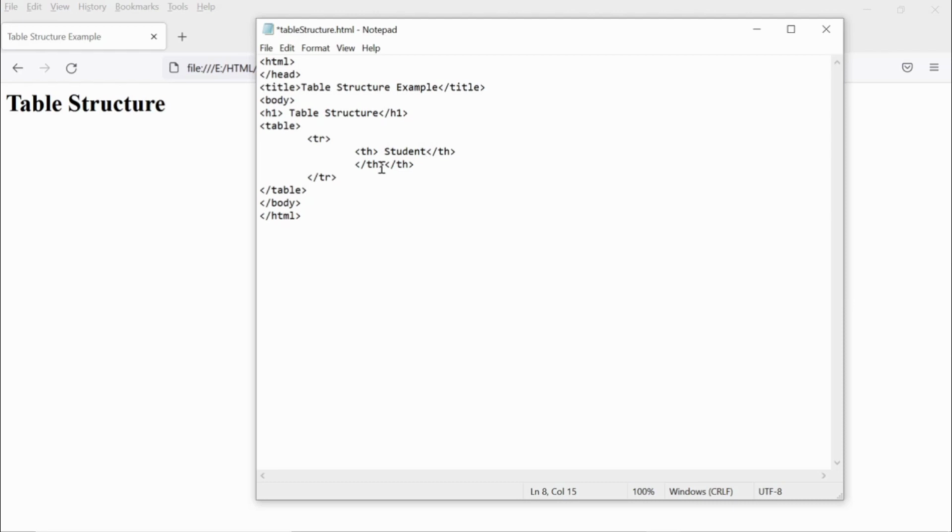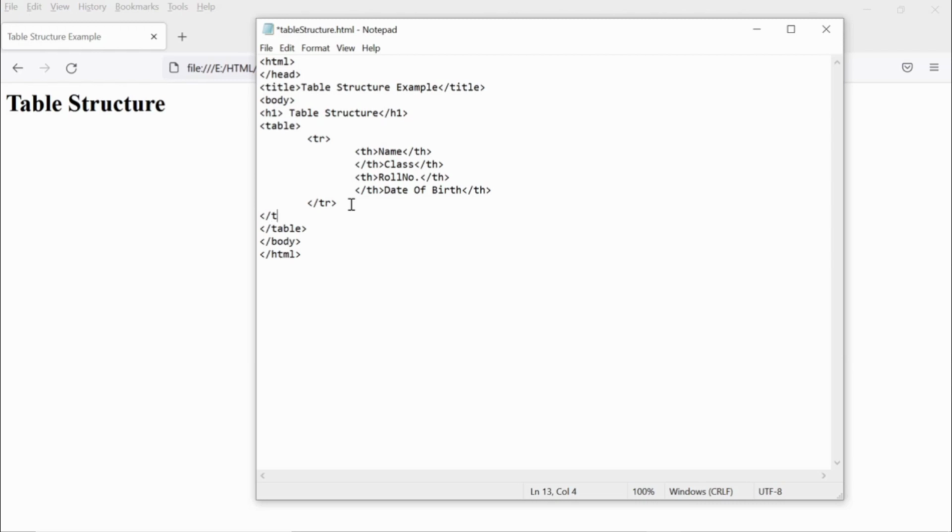So the first row will be the header row. You can count it, or simply if you do not use the TH, then it will also be doable. You can add the TD instead of TH, but you can format it as per your choice and coloring. Say I have the 4 headers: name, class, roll number, and you can see the date of birth. So I'm correcting its tag. We will see copy paste.